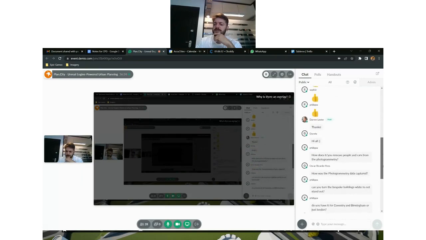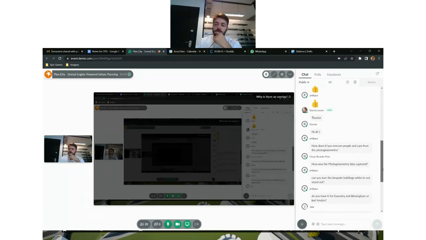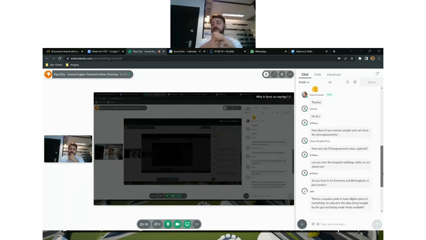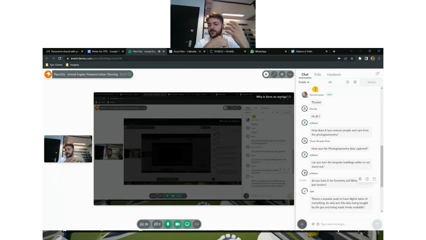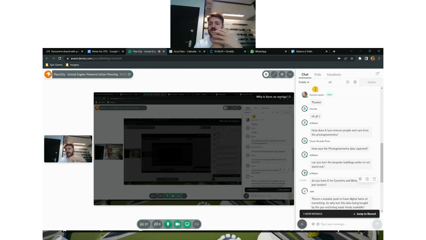Some of the questions. How do you remove people and cars from photogrammetry? Sometimes we remove people and cars manually. Sometimes we rely on some of the available techniques. For example, you have several images that overlap, and some of the cars can be seen from some of the pictures, but can't be seen in some other pictures. Then that means it's something movable, so the software can automatically take care of that,